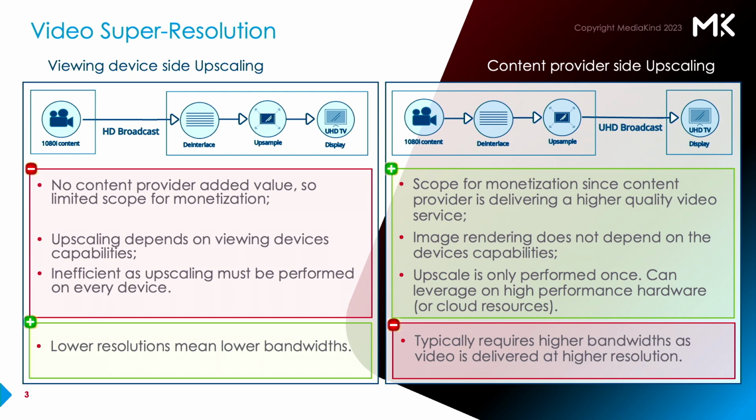By doing a high-quality upscale before distribution, you can throw much more resources at the problem and also make it much more green and efficient, since you only do it once. And every single device that is able to decode 4K and display 4K will achieve the same quality, not depending on its upscale capabilities. The first approach is still good for some applications like peer-to-peer video or video conferencing, or also old legacy content that isn't accessed very much.